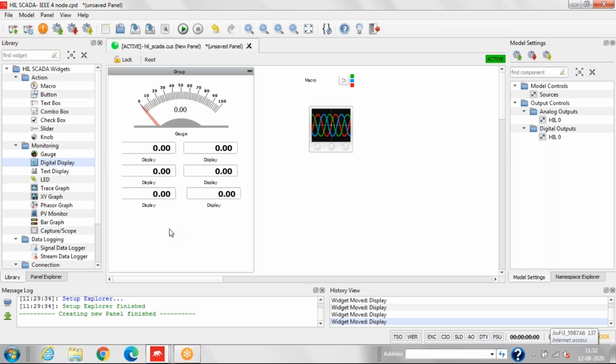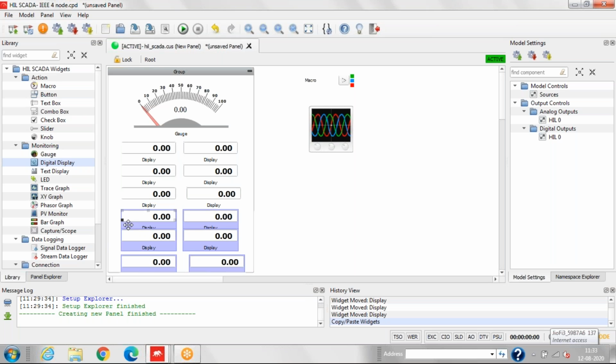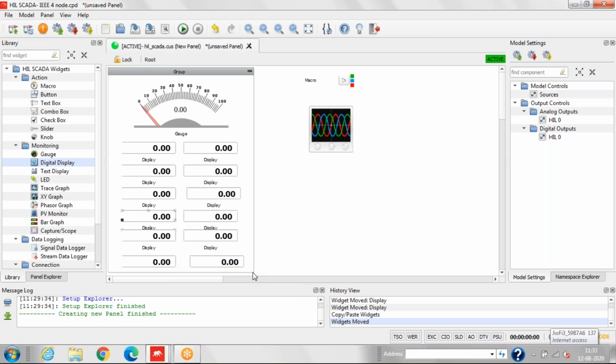You can do that with this one. Nowadays most of the software and programming languages are able to communicate together, not only Typhoon Hill or MATLAB or PSCAD or some other software. Most of the software is providing facility to communicate with other software and programming languages also. That is also available with Typhoon Hill, and Typhoon Hill is actually based on the Python language. That's why this software is a little bit faster, because most of the modules are pre-compiled. So a lot of things are there.